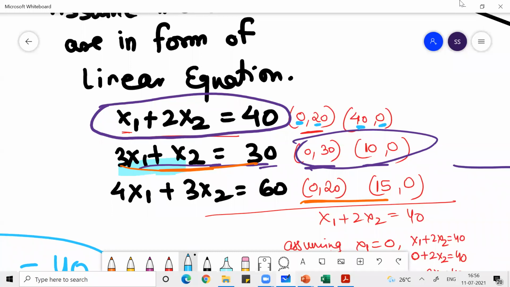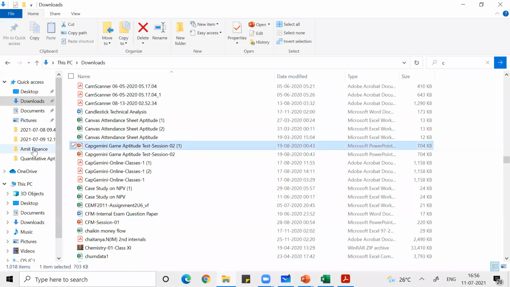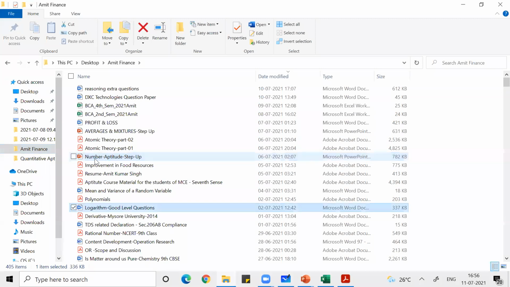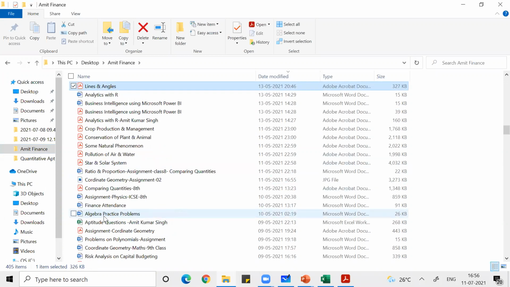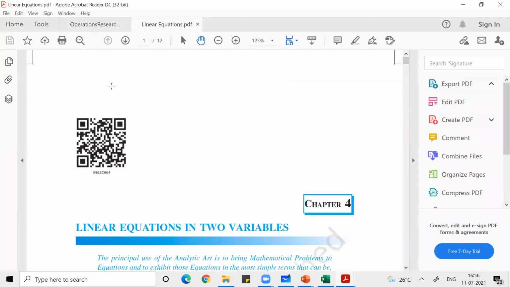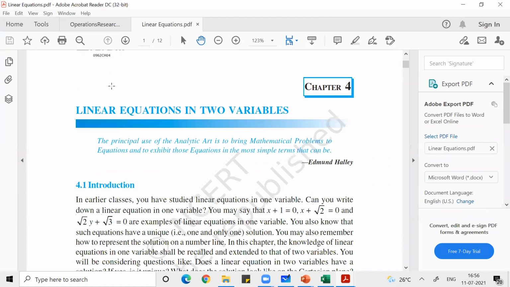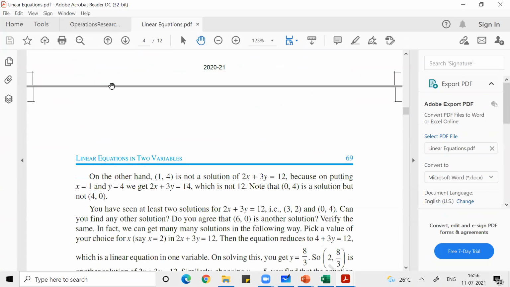Again, I'm telling you guys, this is the class 9 standard NCERT book, linear equation. If you find a little bit of doubt, I'll send you my videos and everything. Otherwise, class 10th standard linear equation. If you study a little bit, in 8th standard, 9th standard, linear equation, your work will be done. It's a very easy thing. Linear equation in two variables. Study a little bit, you'll understand everything I'm trying to make you understand.